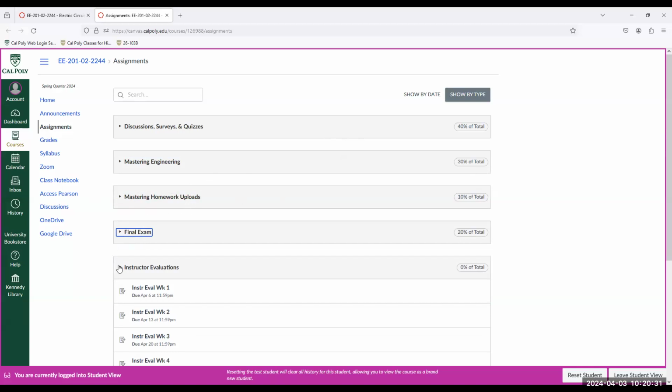And then instructor evaluations, basically it's showing 0 right now. That's the way Canvas is set up. It's extra credit. It's a little bit of extra work that I ask of students. You can do it. It's optional. You cannot do it. It's fine. It's optional. These are exactly the same questions that are asked at the end of the quarter, right?